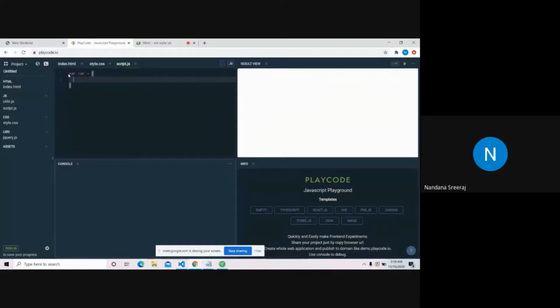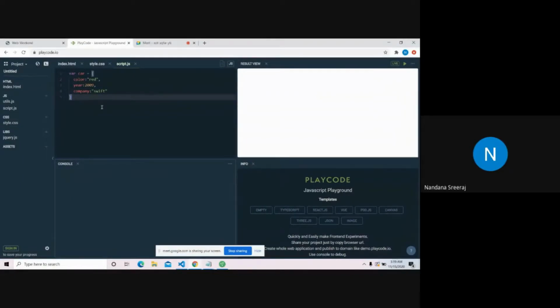So first is color: red. The year in which the car was bought: 2009. The company of the car: Swift.